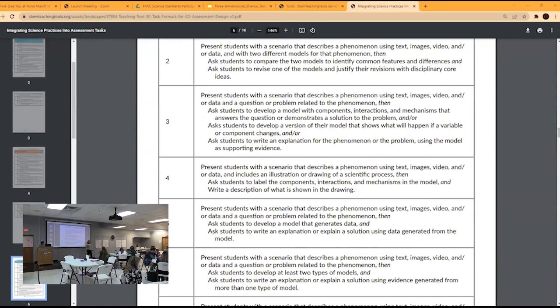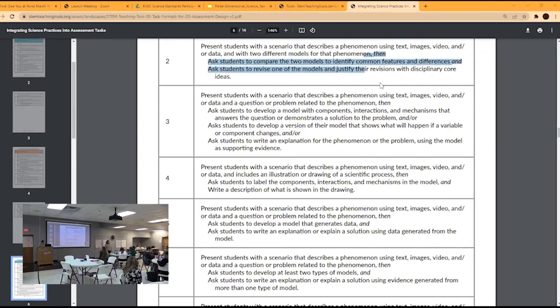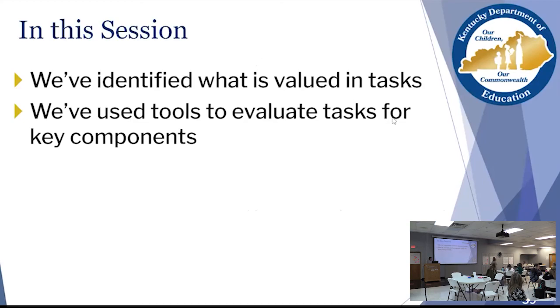So I'm working with the district now to play with that idea, and if you have an opportunity, if it's something that you're interested in and you just want to play with it, like maybe one of these tasks that we've looked at today, let me know your thoughts. I would absolutely love to get your feedback. I've played around with it. I think it's doable, but I haven't done anything that's doable in the classroom. Okay, thank you. Appreciate it.